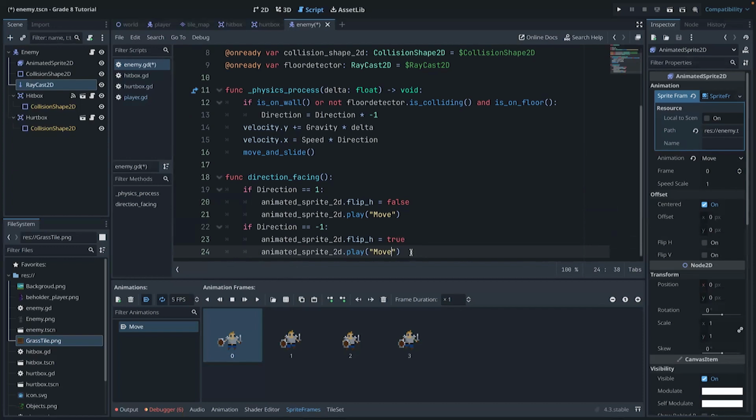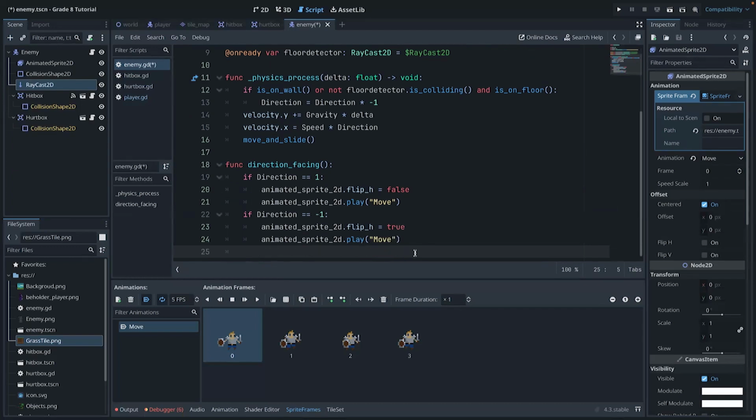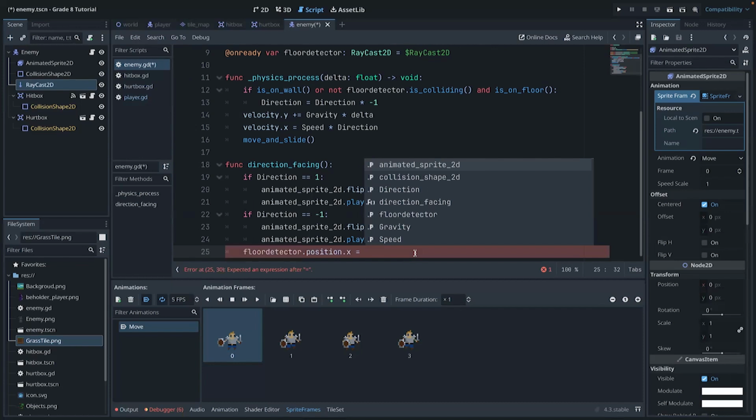All right, perfect. And we're going to say that the floor detector, its position, the x, is going to equal,